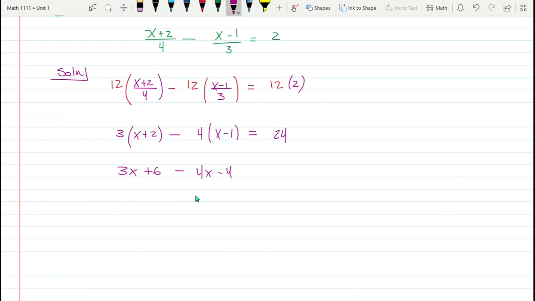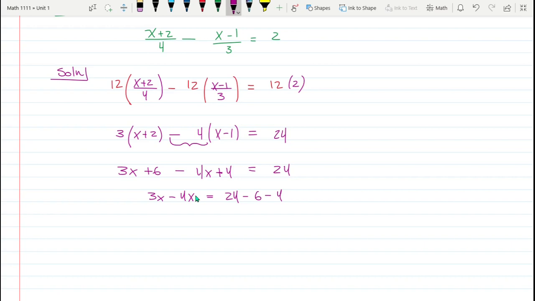But actually, here's a problem. This is negative 4. So every time you multiply here, you're thinking times negative 4, times negative 4. Therefore, this right here is going to be positive 4, and this equals 24. Okay? At this point, we're combining like terms. So we'll have 3x minus 4x equals 24, and we can move the 6 and the 4 to the